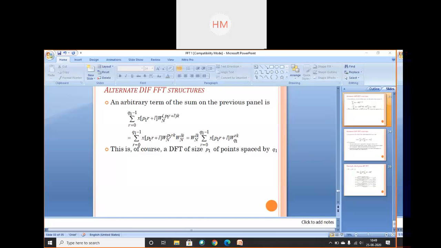So have you started finding the twiddle factors? Or have some students already made the lines and drawn the butterfly diagram? Okay, have all the twiddle factors come? Write down the twiddle factors in the chat box. We'll continue in the next class because today you are having continuous classes.